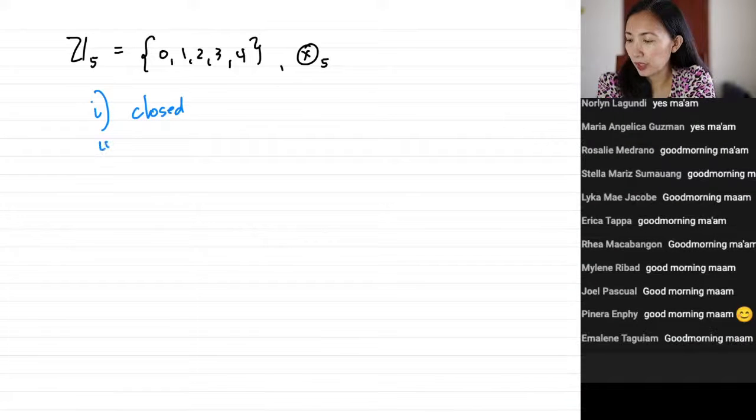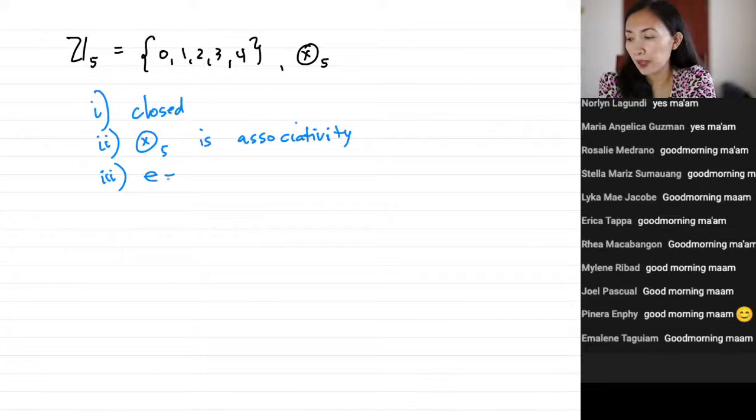Number 2, multiplication modulo 5 is associative, because of the associativity of ordinary multiplication. Number 3, is there an identity element? Yes, the identity element with respect to our operation, multiplication, is 1. However, when we check on number 4,